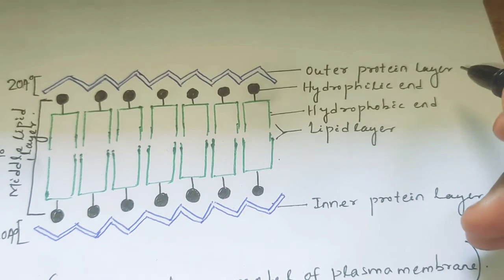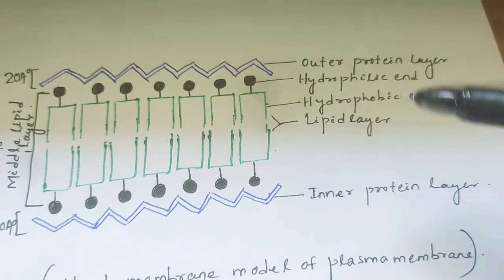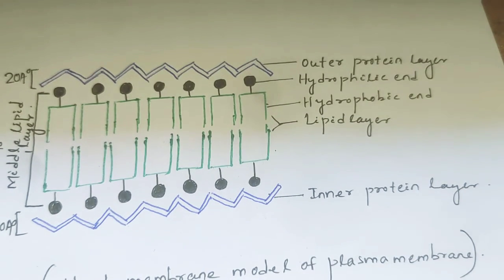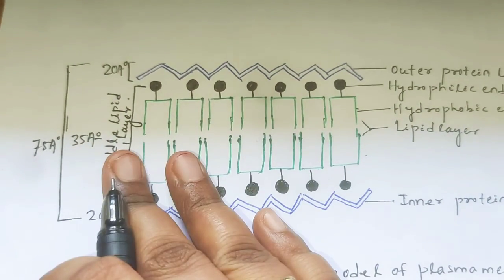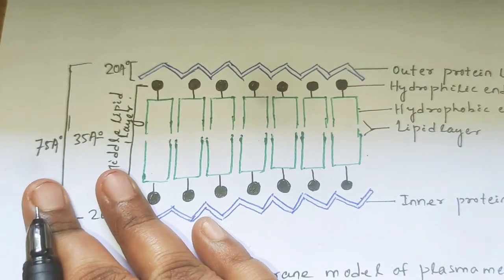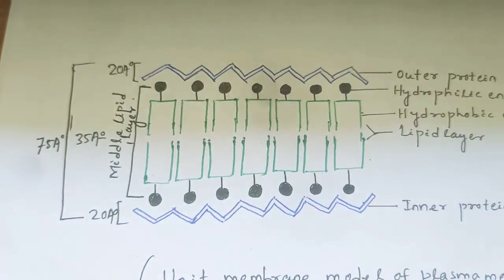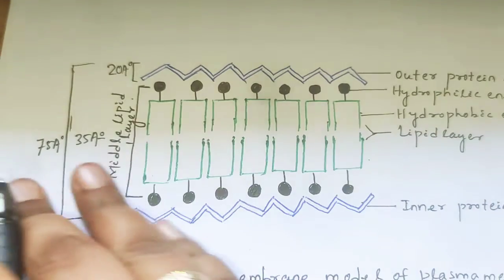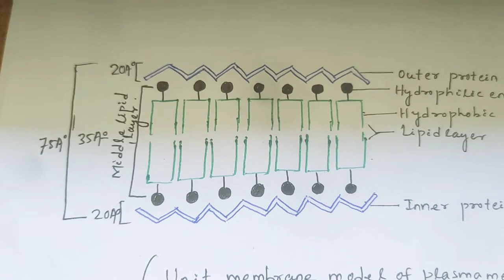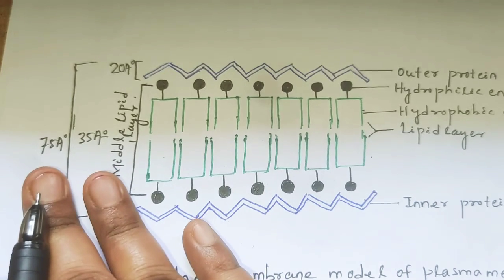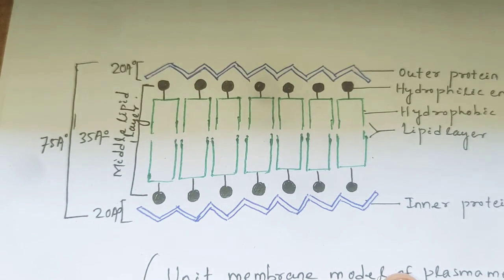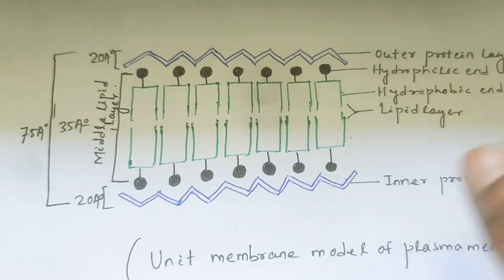Okay, the trilamellar structure model is known as what? Unit membrane model. Remember. The thickness of the membrane in this structure we will mention as up to 75 angstrom, but in some cases the plasma membrane differs. Each and every cell that bears a plasma membrane differs in the width of the plasma membrane, so it varies from cell to cell, mostly in different cells such as the epithelial cell of the intestine.